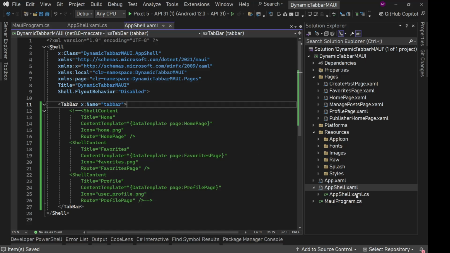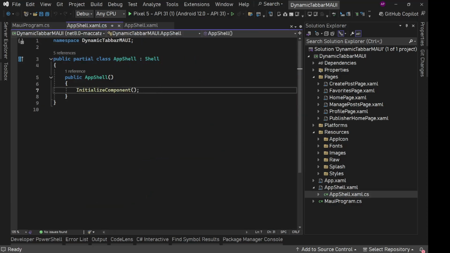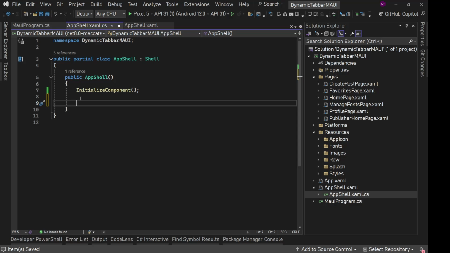Save it. Now inside this app shell.xaml.cs, we can access this tab bar. So we'll say tab bar. We have this tab bar. We can access this. Now, when we are coming here for the first time, we need to know who the user is. We need to get the current user's identity or user's role. So for the current user's role or identity,